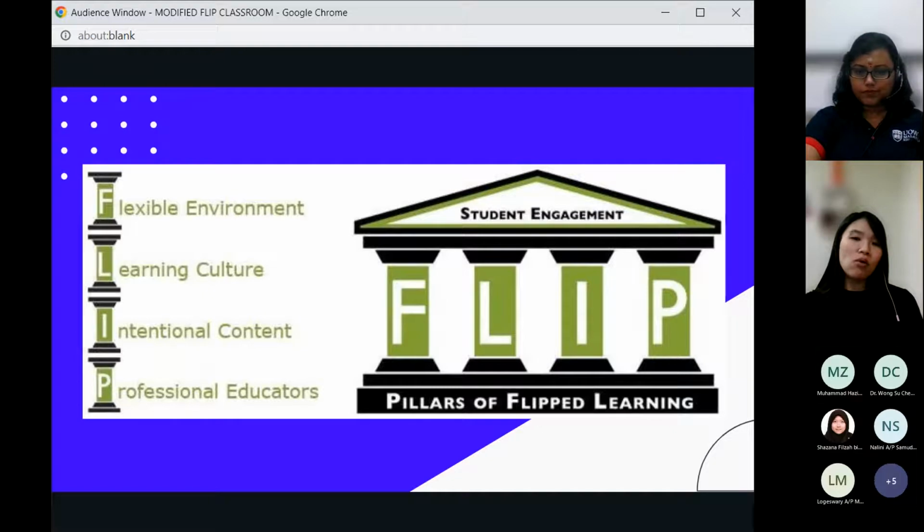Slowly, you can find out, oh, these students need more help in this area. It's not like until the end only you find out they don't understand this, and you have to do revision from the start until the end. So it helps you to observe their understanding level. You can also provide feedback according to the segment that you have provided to them. Like during the flip, you know that in this part the students make a lot of errors.